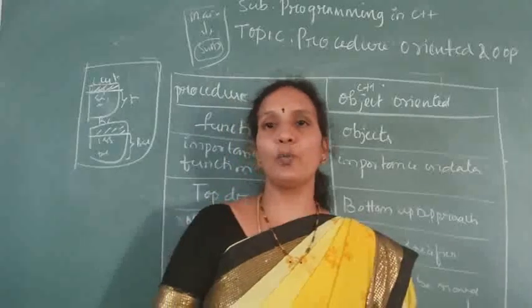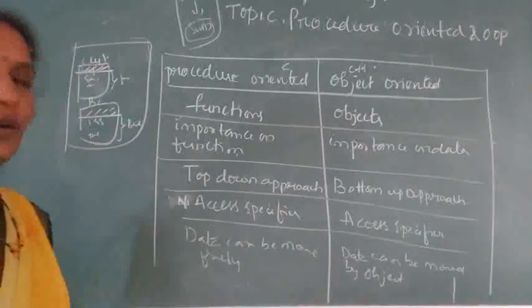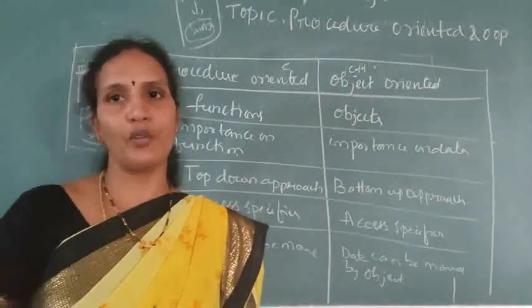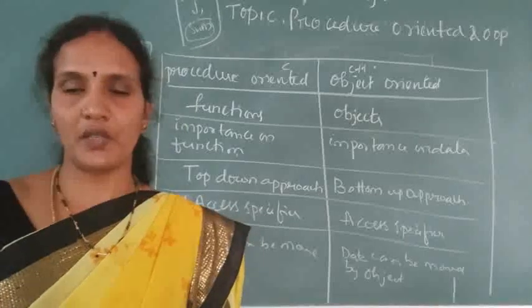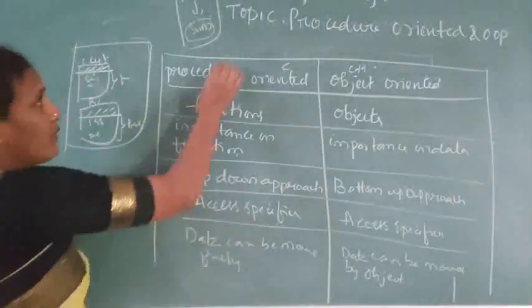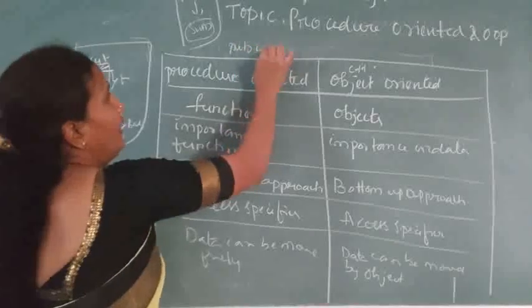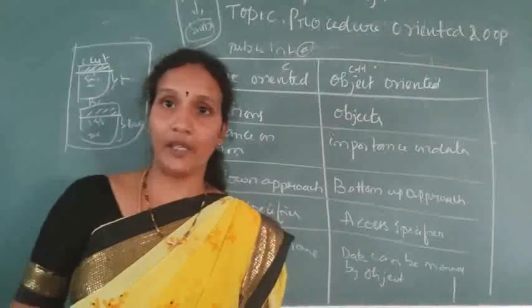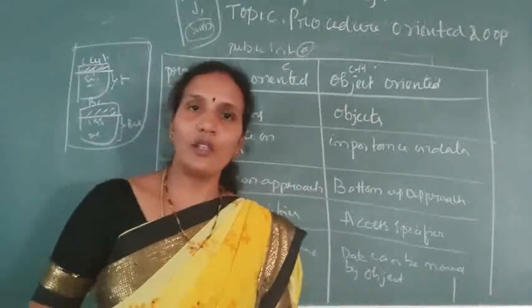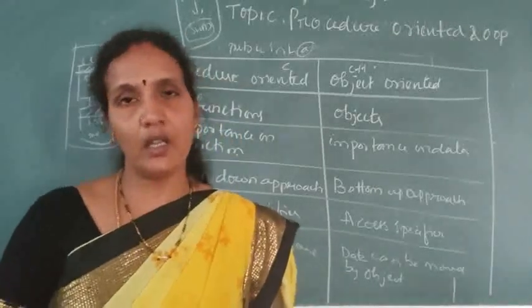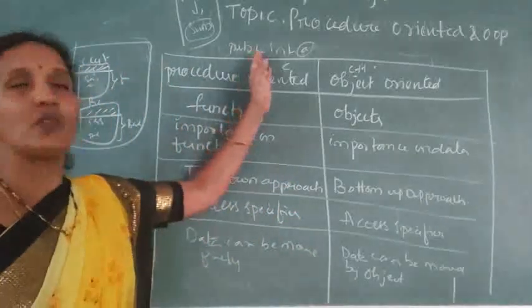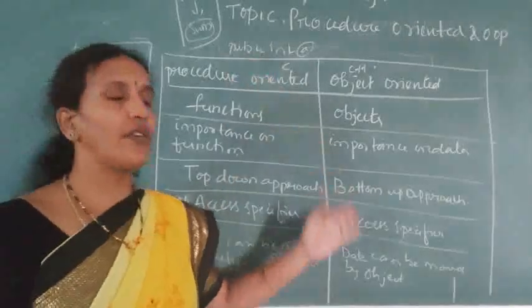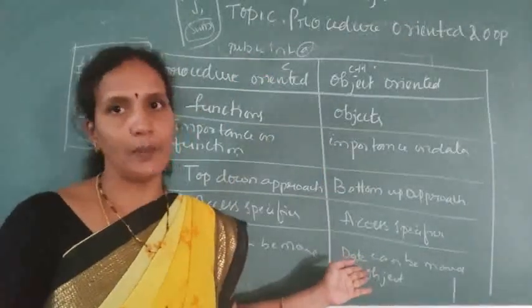If you don't want to allow others to access the data, then we can restrict others from using your data by using access specifiers. Before a variable declaration we give, for example, public int a. This variable can be used by any function. If I give private, that cannot be used by all the functions which you have created inside the program. So these are called access specifiers, which are not available in a C program, whereas access specifiers are available in C++.